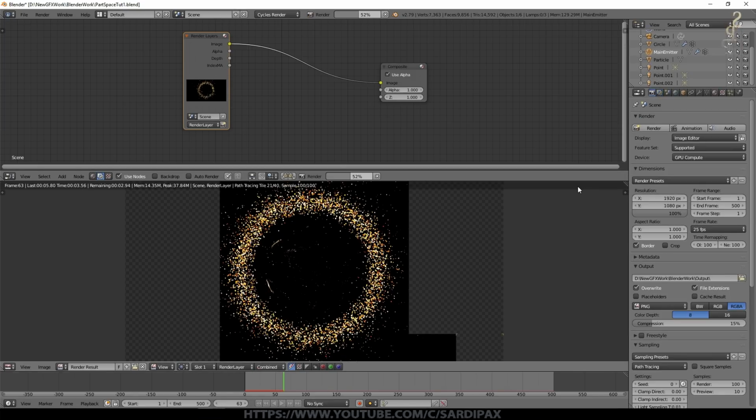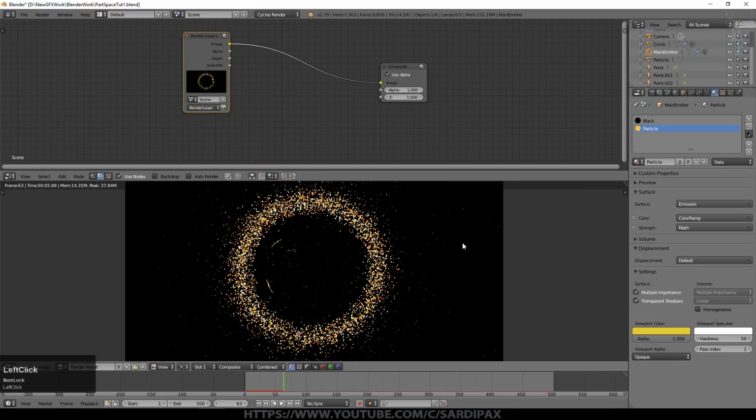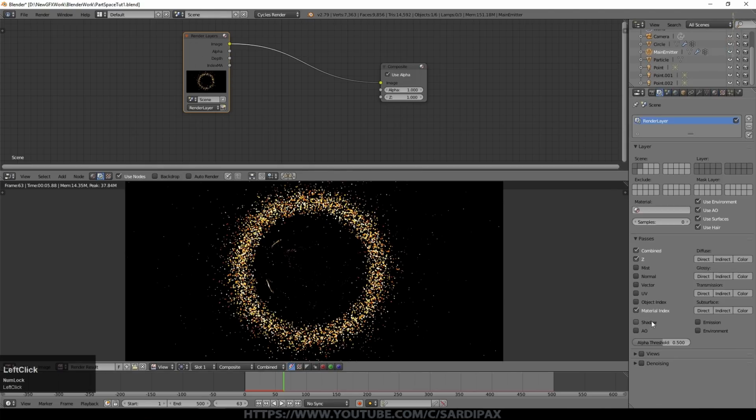One of the good things about scenes like this is you don't have to render an awful lot of samples to get a reasonable result. And also, if there are any fireflies in it, it just looks like part of the scene anyway. If you recall, the particle material had a pass index of 1. So we've just set this for our passes to have a material index.